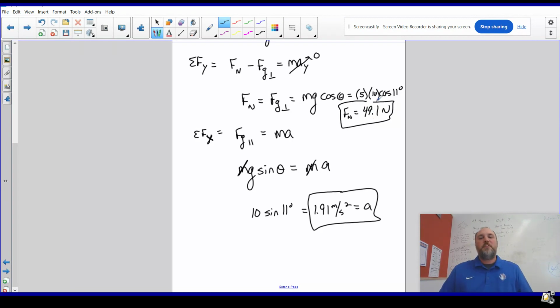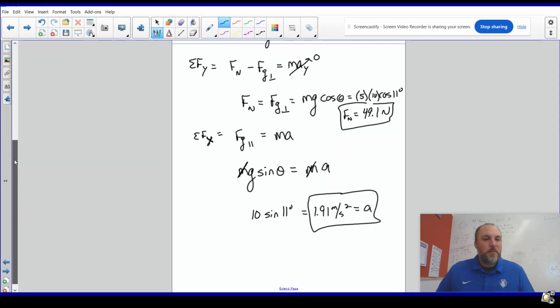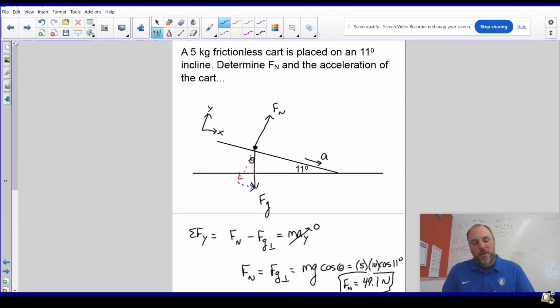Okay? So we've found both the normal force and the acceleration on an inclined plane, or anytime we have a ramp. It's most likely we're going to want to tilt our coordinate system, because what we're really doing when we tilt our coordinate system is we're trying to get a one-dimensional acceleration. If we have a two-dimensional acceleration, it can make the math a little bit more challenging, because we'll have an ax and an ay,